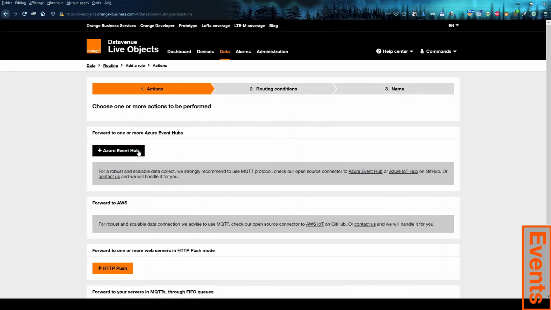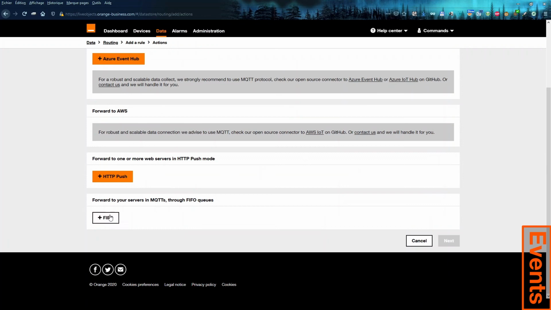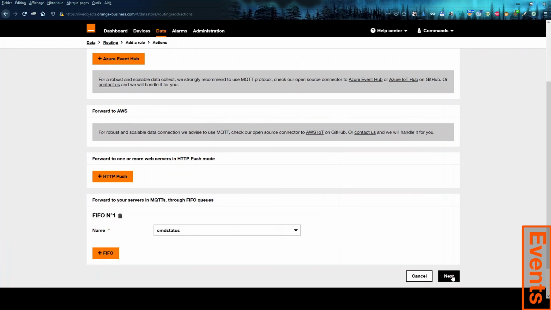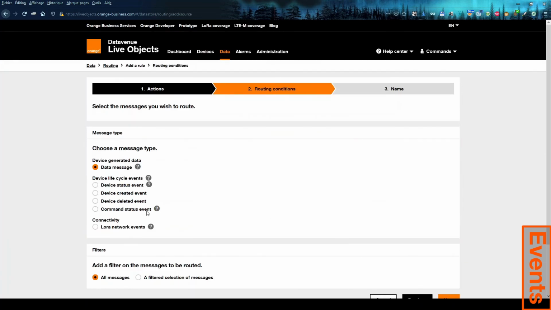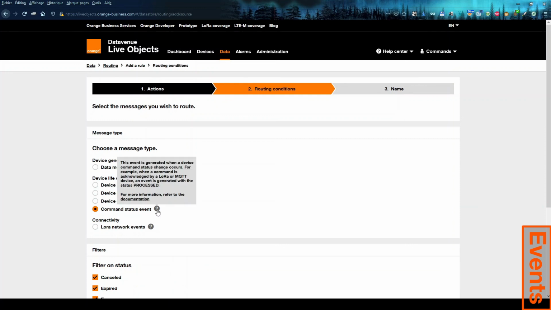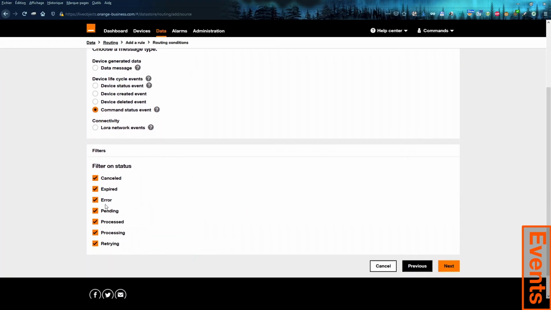In my routing rules, I will be able to ask for command status events to be sent to my FIFO. As you can see, I could filter on the type of messages, but let's say I'd like to keep all of them.